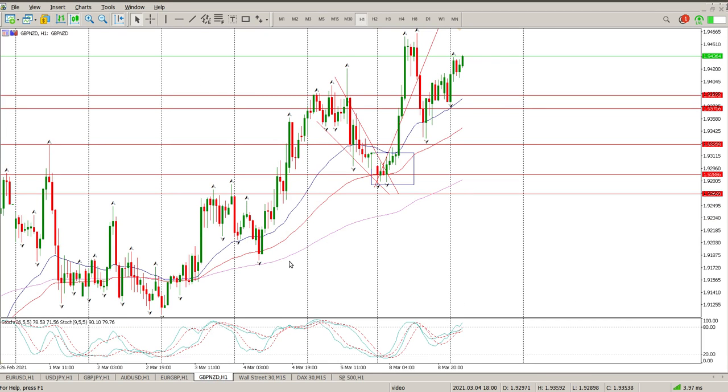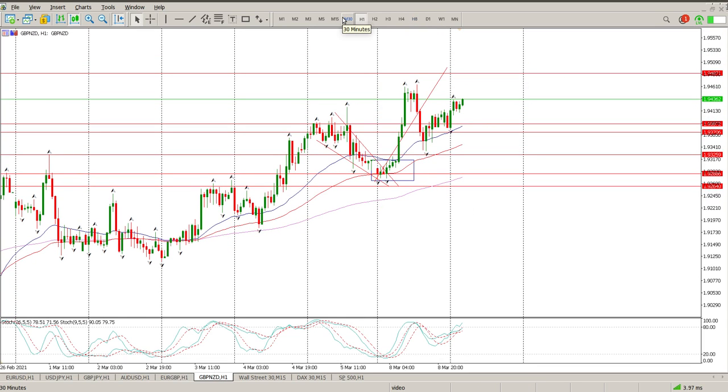Okay, and lastly, British pound, New Zealand dollar. So I'm just staying on the 1 hour here because we had quite a bit to say yesterday on this pair. So we had a flag, didn't really get the flag break retest, but I had a sort of London breakout strategy here that we had together, and you can see how the break happened to the upside, big pullback, and now we're moving up. So we haven't quite hit that measured move, so for me, long it is, 1.94871 is the current target,